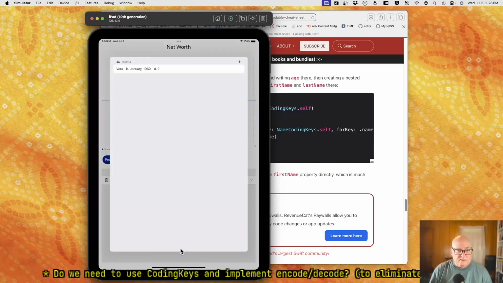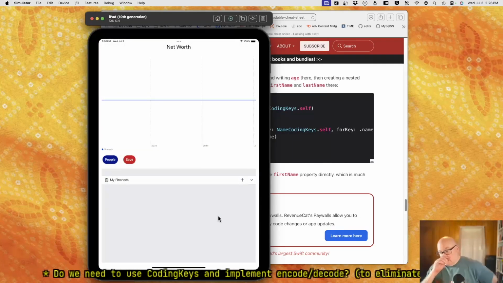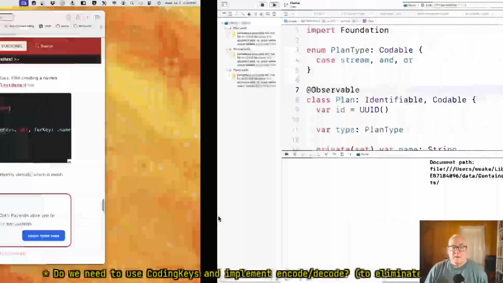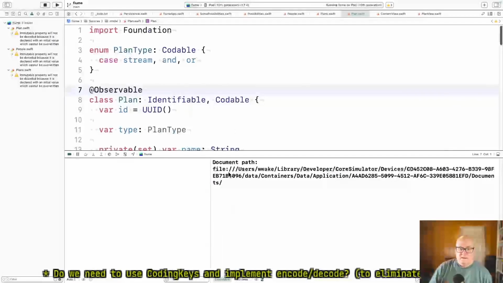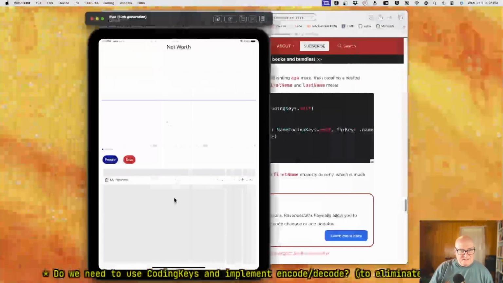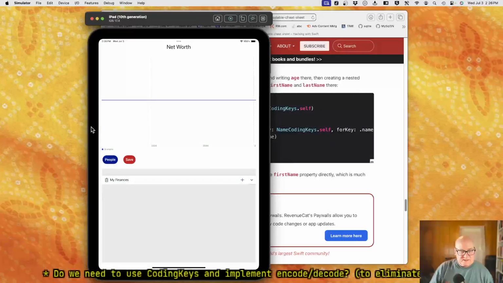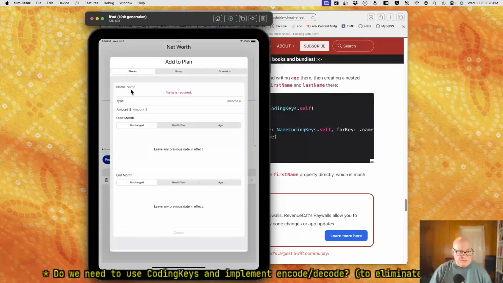We should still have Vera. The JSON did not load. Huh. Eric, welcome. We changed our file name from .save to .json, and I'm finding out that some things, the people still save, but the plans don't. I don't know if because we did some playing around, maybe that introduced an issue, but it's a little suspicious.